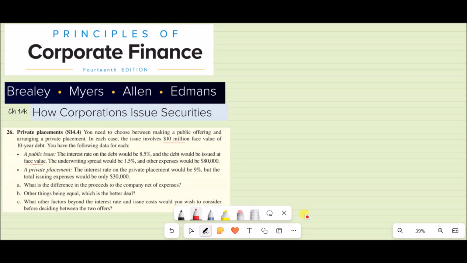So what is the difference in the proceeds to the company net of expenses? The proceeds to the company are actually the 10 million, but we have to pay some expenses. So we will deduct all the expenses which we have to pay at the time of issue, and the remaining amount will be the net proceeds. So let's start part A. For the public issue, the net proceeds will be 10 million,